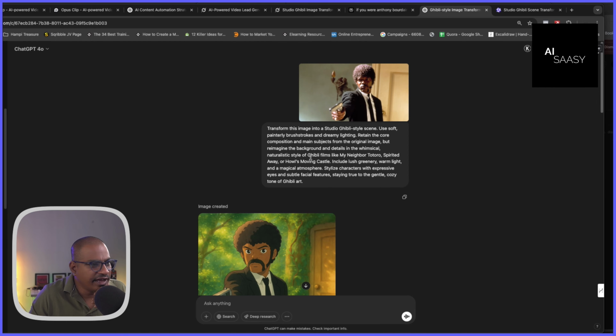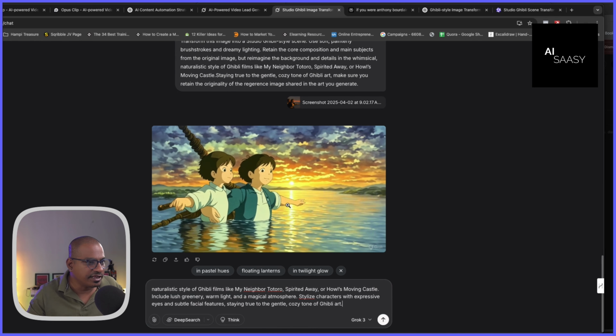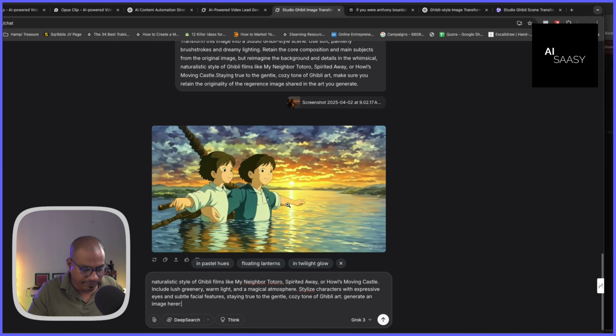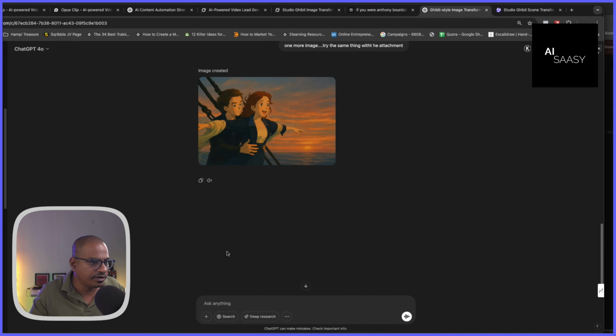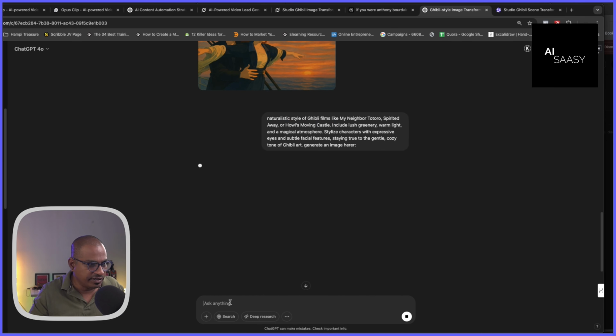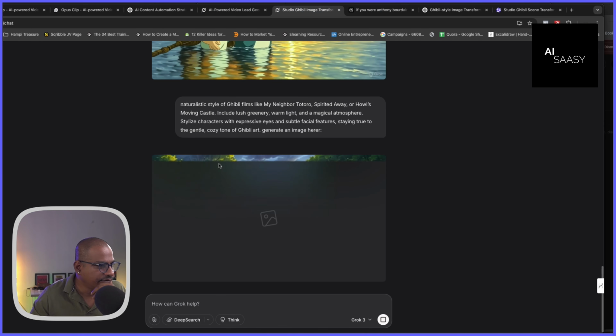But let's say we have no reference, and we had to try something where it had to imagine and generate images from scratch. So it had no reference images. It can go ahead and do whatever it wants, right? In those cases, pure image generation wise, let's see what happens. Generate an image here. Okay. So I'm just going to say this, and I'm going to try the same prompt on my ChatGPT with no reference images. Let's see what happens. Okay, this is super quick.